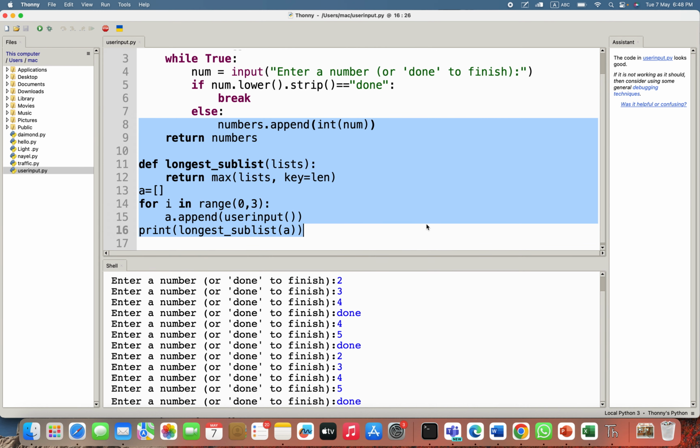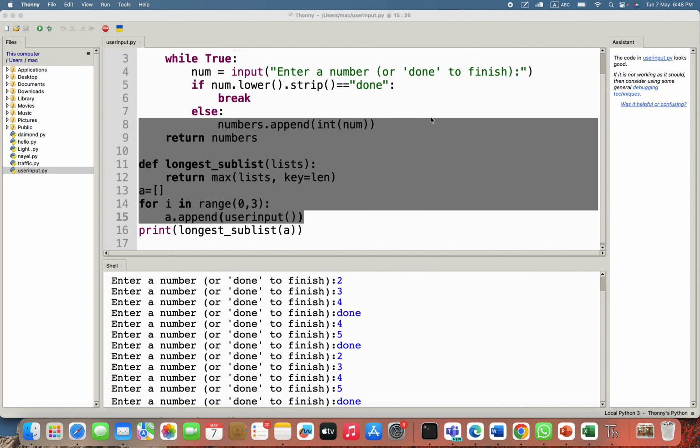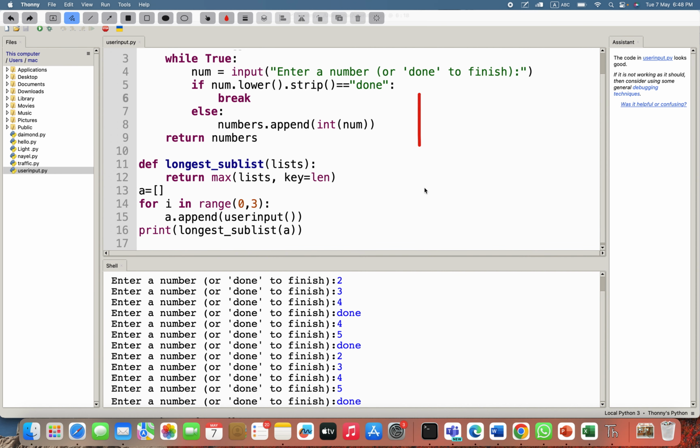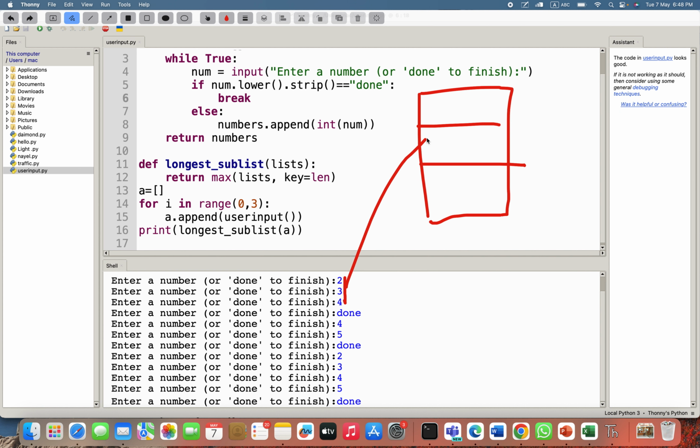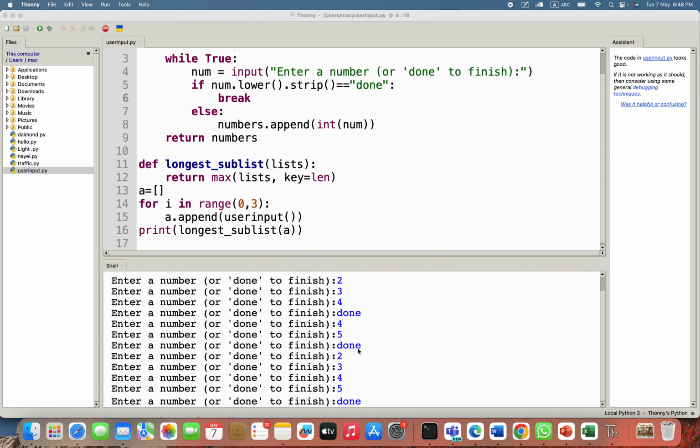Let me see what happened here. When you run this program, let's understand this. You run this program, it creates a list of lists, right? This is what I did. So first list, second and third. This list will go into this 0, this will go into 2 elements only here, and this third one will go into here. So which one is the longest? The third one, right? So it will print 2, 3, 4, 5, because here I say maximum of this list,